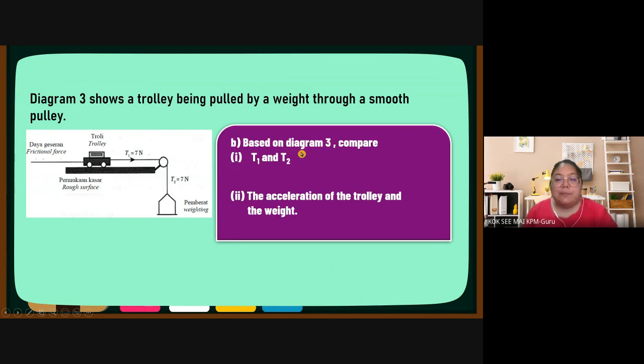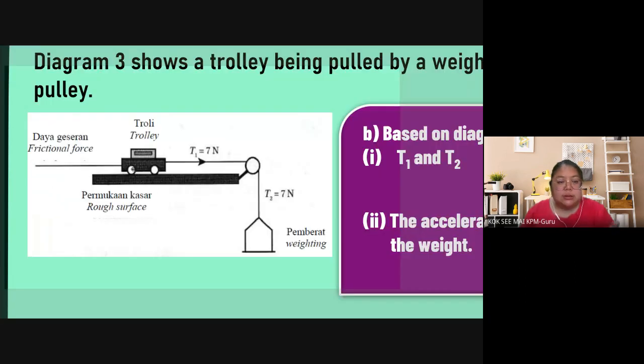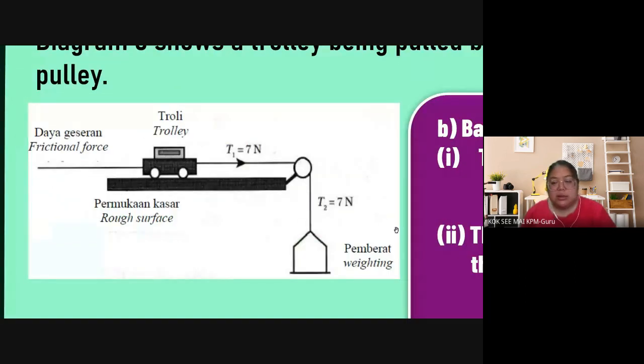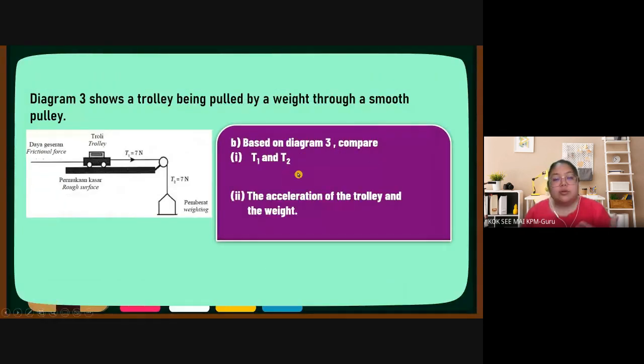Okay, now they want, based on the diagram, compare T1 and T2. Okay, 你看 diagram T1 7 Newton. Okay, I go to zoom. Okay, T1 7 Newton. T2 也是7 Newton. So they call you to compare. So how to write the answer? T1 equal T2 就好了。